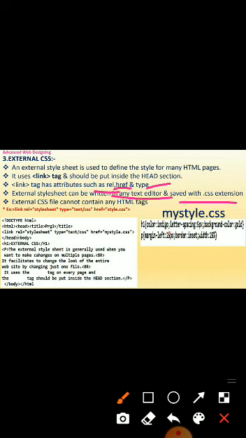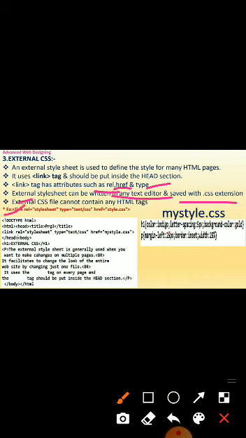This means the style sheet can be written in any text editor, for example Notepad or WordPad, and saved with the program name and .css extension. Next, an external CSS file cannot contain any HTML tag. This file only specifies multiple styles of the CSS.